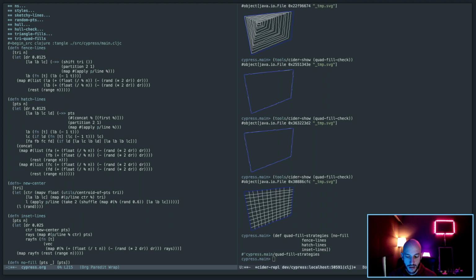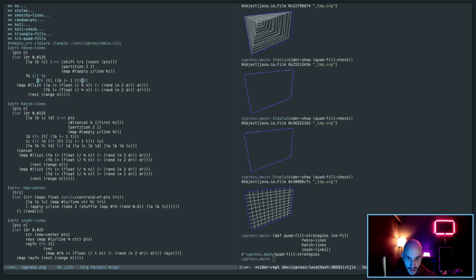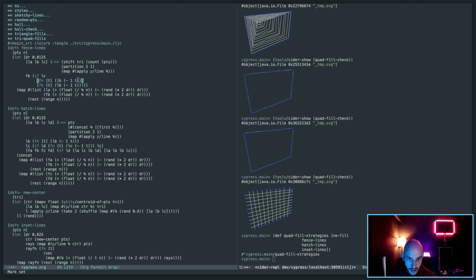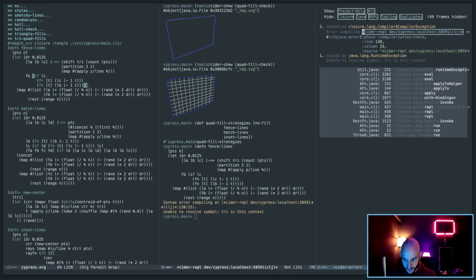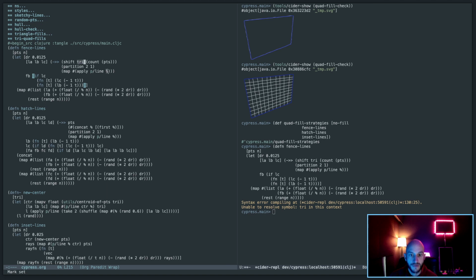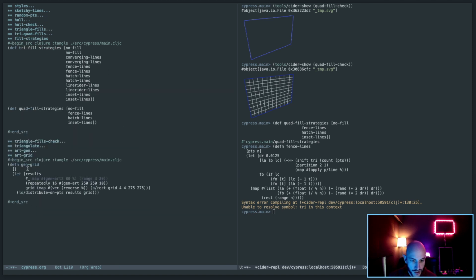Shift try by count points. This should be points. And this FB, function B, will be: if LC exists, then function B is this, basically, with LC, otherwise it's with LB, and that should be points, shift points. Oh, I also need to make sure shift